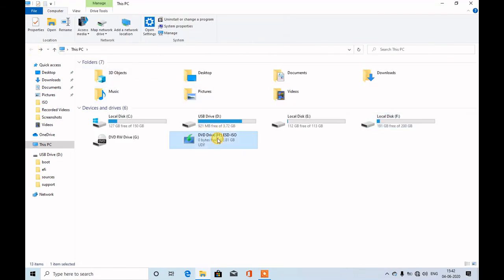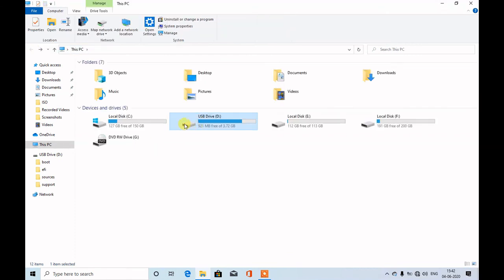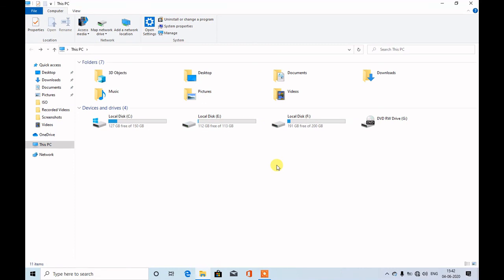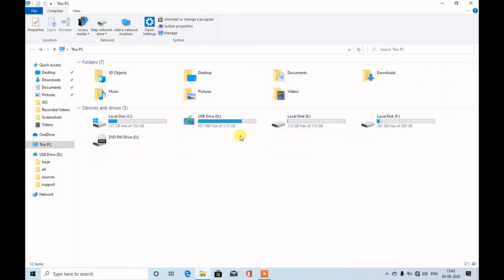Here I have copied all these files. Recently you can see that there is the normal icon as usual. For this we have to eject this pen drive. Let's eject it. Now once again we have to insert it. Here you can see this has become a USB Windows 10 bootable pen drive. This is the logo of Windows 10, and now the video is going to end.